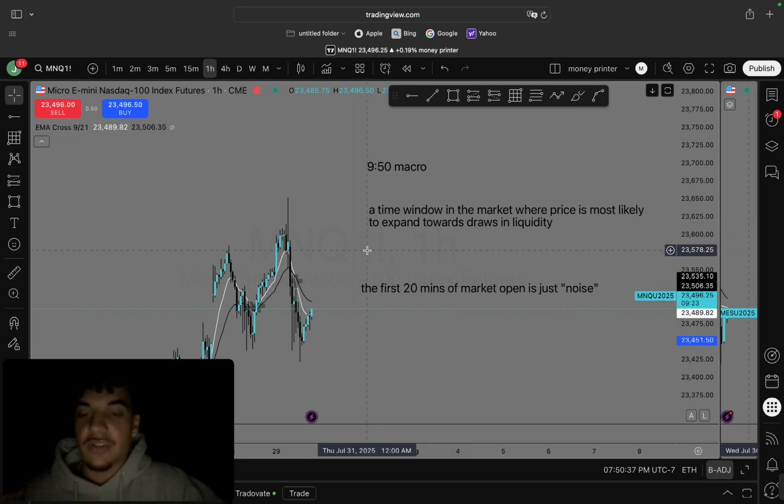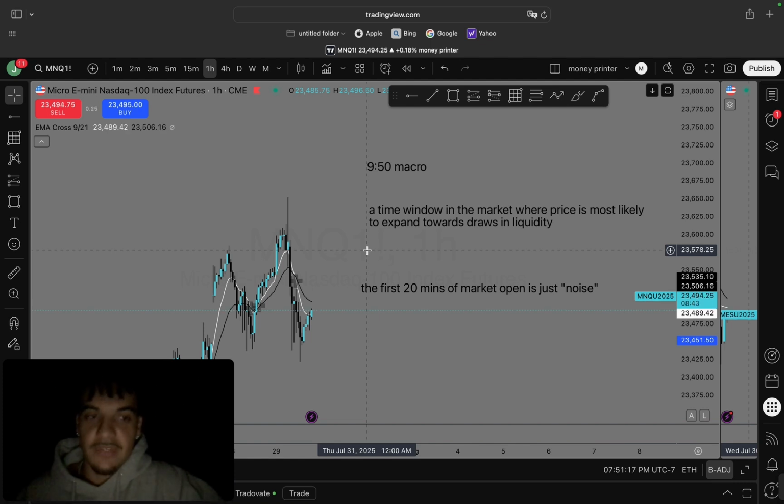And more than likely, our setup is going to form before that 9:50. Like we might see market open, some accumulation, and then maybe at 9:40 we come down, manipulate, and take out maybe a sell side draw, and then going into 9:50 is potentially when we are seeing our entry, after a change in the state of delivery. Then we retrace to a lower time frame imbalance, and that's where we'll take our entry, sitting right inside of the macro, and we can expect price to now take out the next draw, which in the example I just used would be buy side, right?